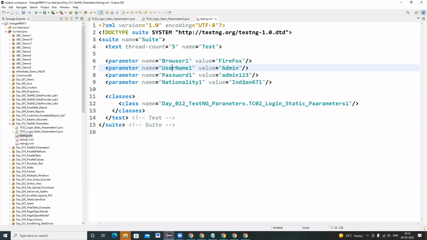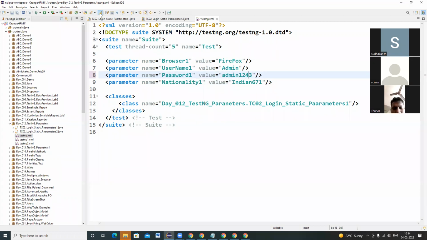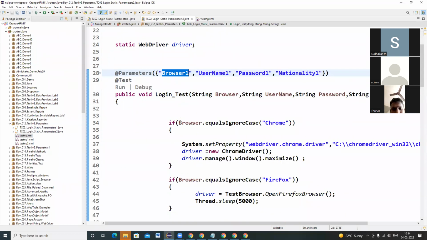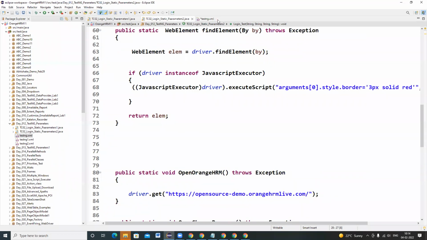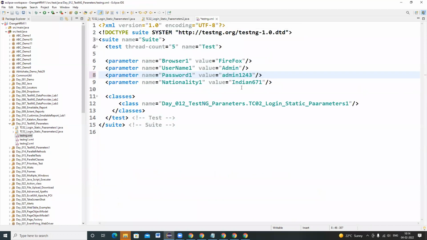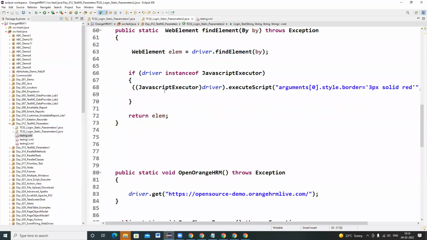Now, for example, my password keeps on changing or my nationality is getting changed. If my password is changing, I need to just input the value here. I need not enter the values here in my programming. Only by changing the value here, it will in turn connect with the variables here.